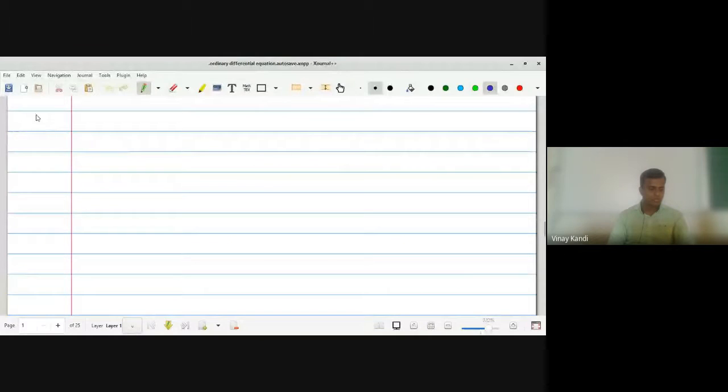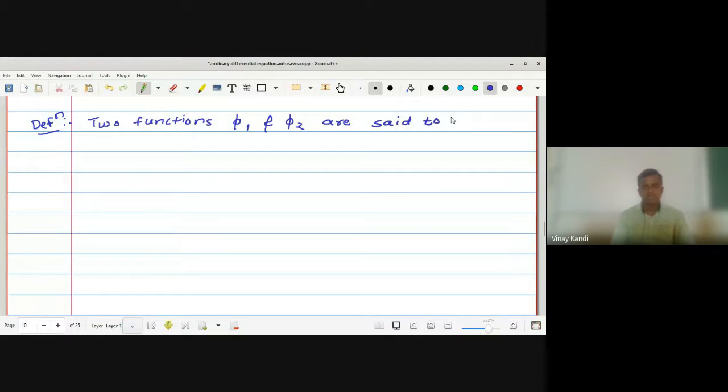Okay. Now examples of linear dependence and independence. What is the definition? First, see the definition. Linear dependence and independence. Two functions, phi1 and phi2, are said to be linearly independent if